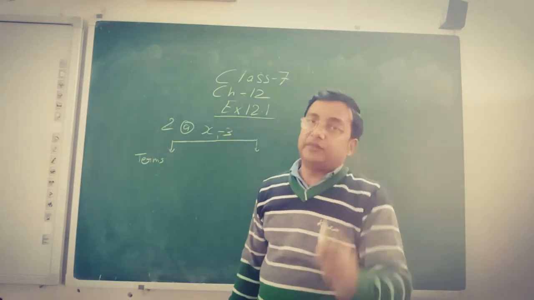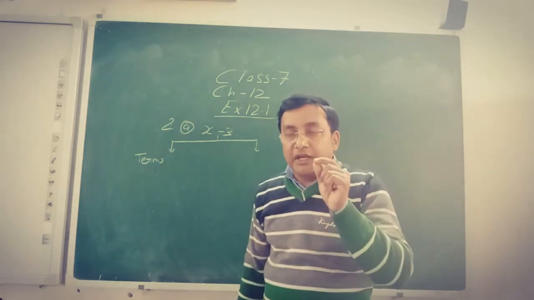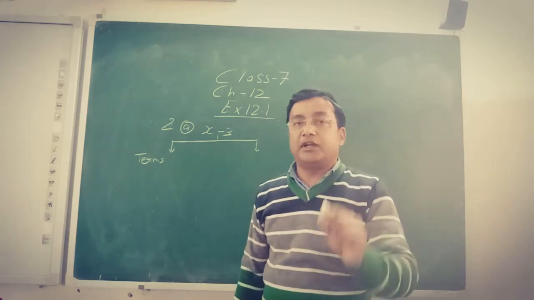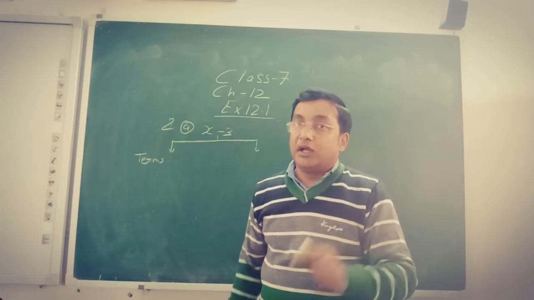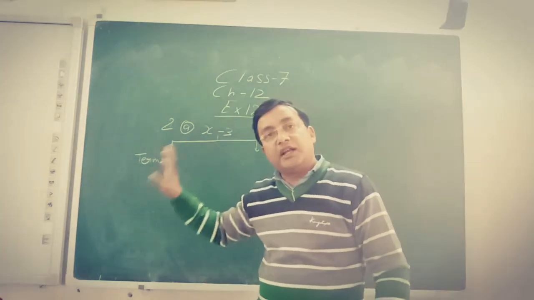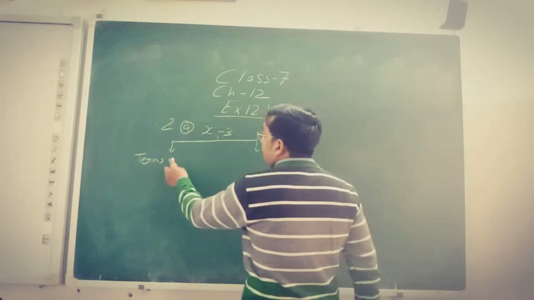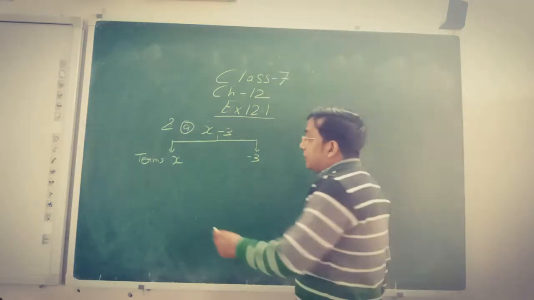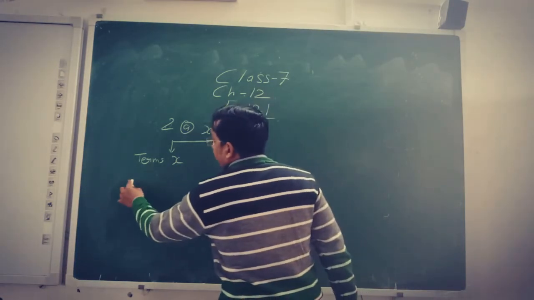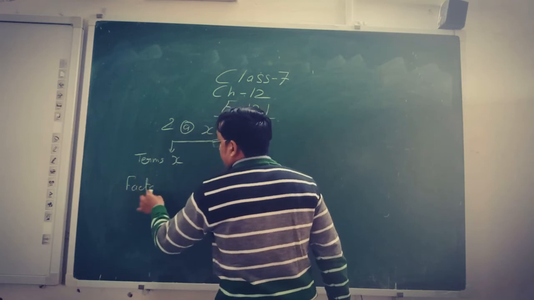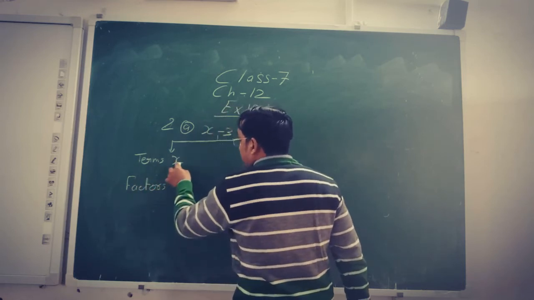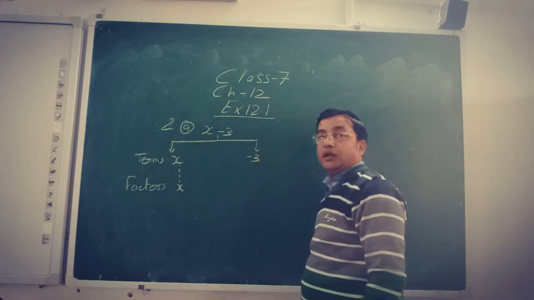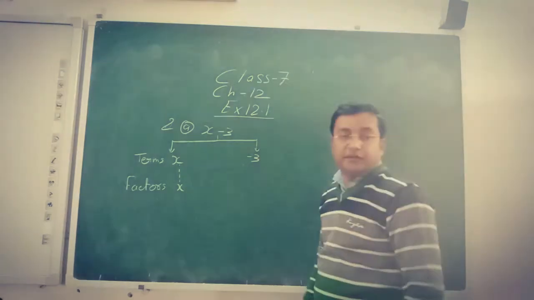Factor is always of some term. So if it is given to find out factors only, then you have to find out terms, whether it is asked or not. To find the factors I will have to find the terms. Now the terms are x and minus 3. Since this is only one thing, the factor will be denoted by this broken line, dotted line. This is x only. And this is a constant, so there is no factor of this. You do not write this.